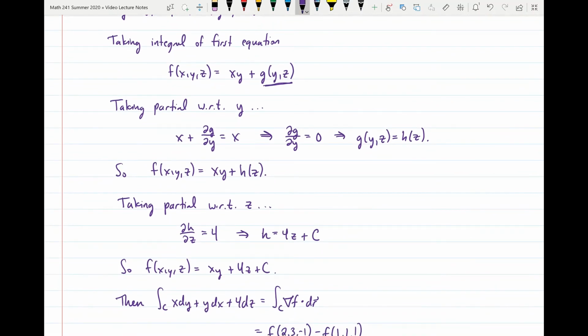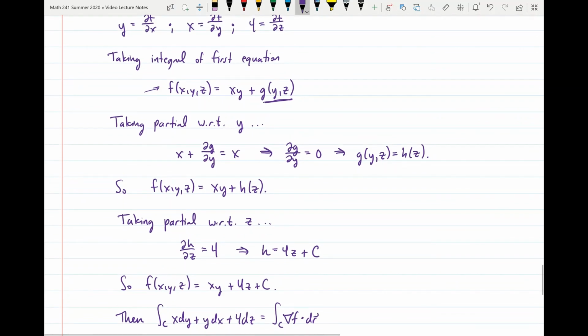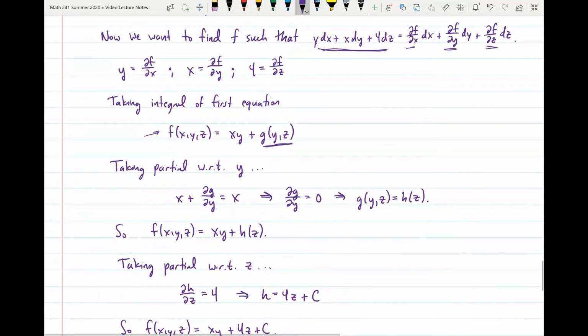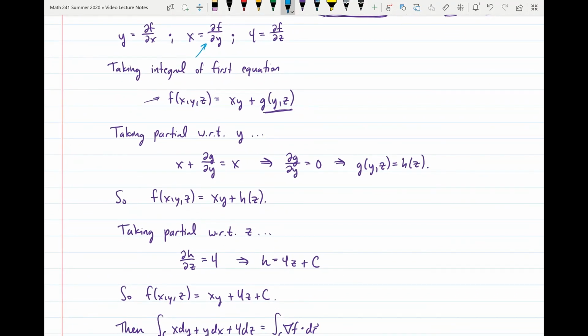And from here, we take the partial derivative of this concocted function with respect to y, and we get x plus the partial derivative of g with respect to y, and we set that equal to what we expect to get when we take the partial derivative of f with respect to y up here from the second equation. So we set it equal to x,